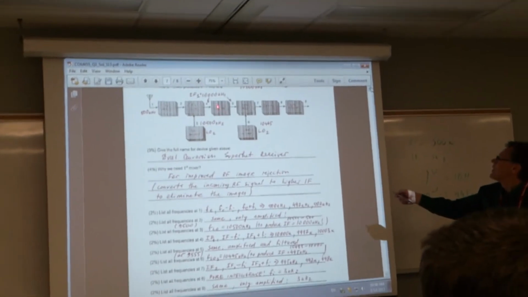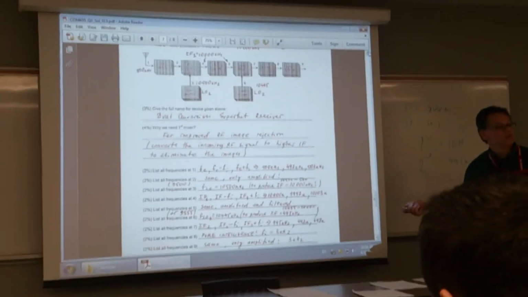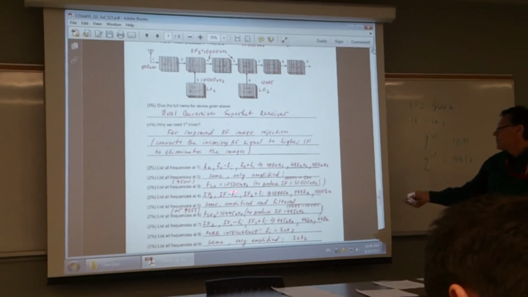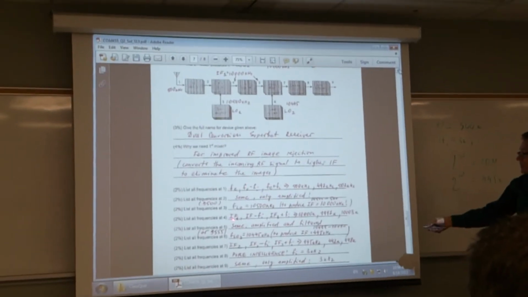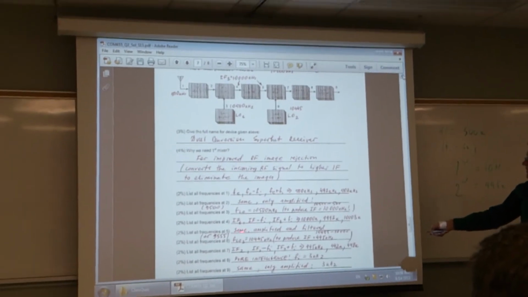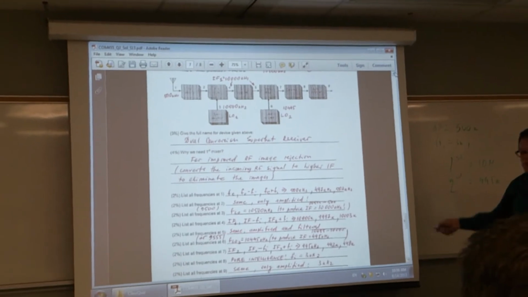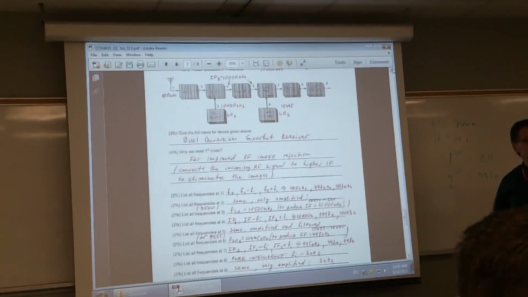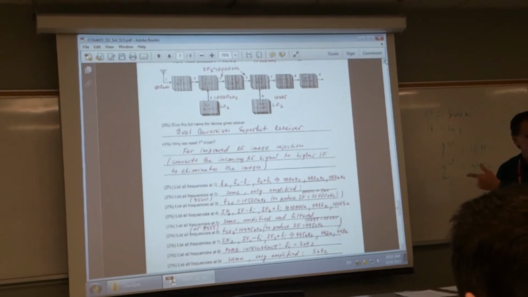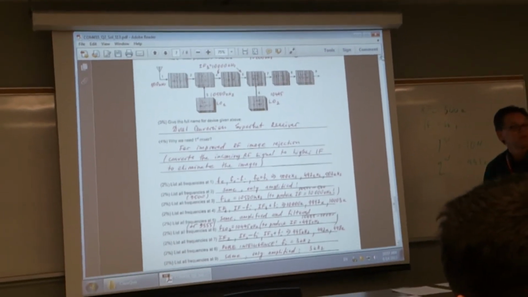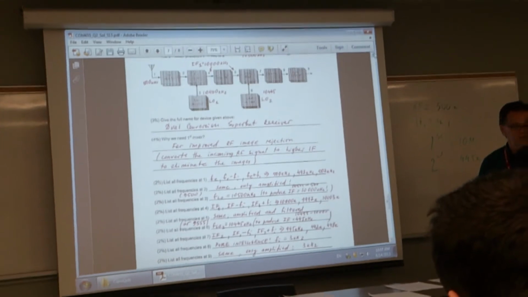Now, what is next? 5, amplifier. No change, just amplitude. That means whatever you got here will be at output 5. Just amplify it. And maybe filter it, because we need to make sure only this will pass. Any question? It's so simple. And we did it in class. Now, next,